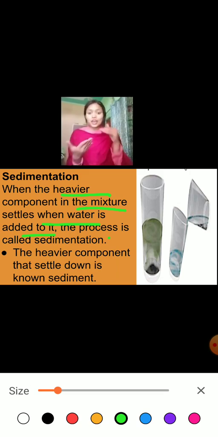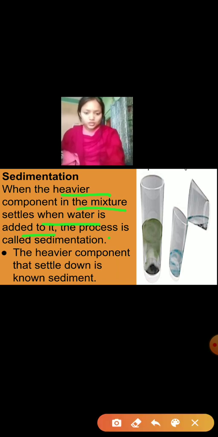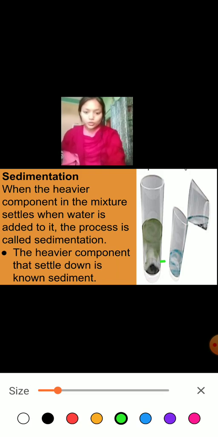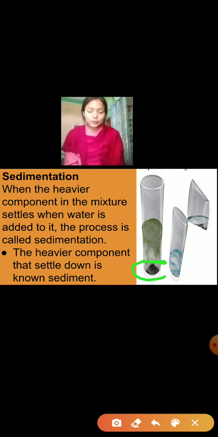In this process, the heavier impurities settle at the bottom and they can easily be separated. So this method is known as sedimentation. The heavier components that settle down are known as sediments. So after sedimentation, as you can see in this diagram, the sediment has deposited here. This is known as sediment. Whichever has deposited at the bottom is known as sediment, and later on we can separate them using the process